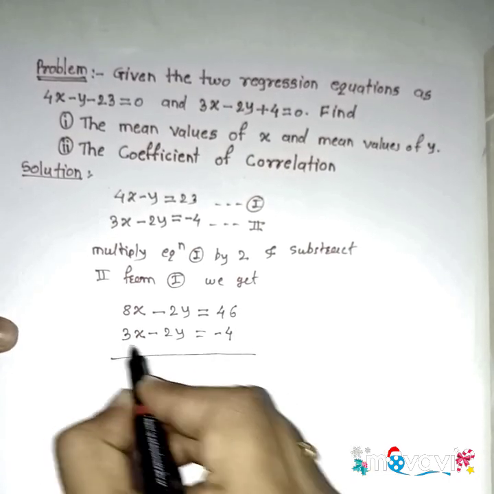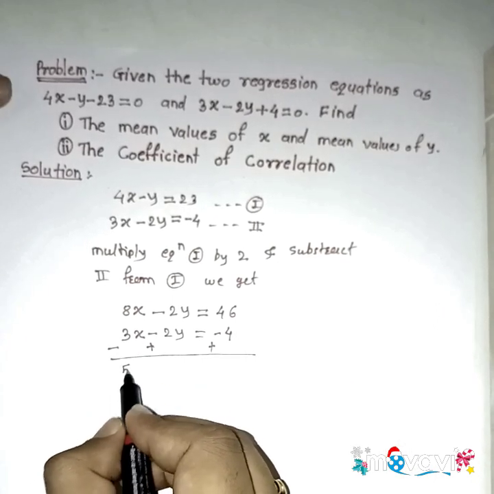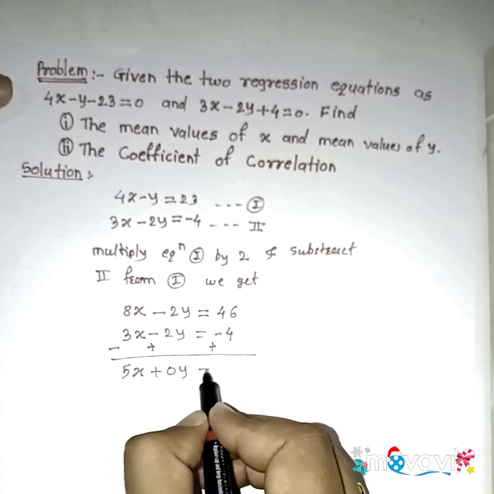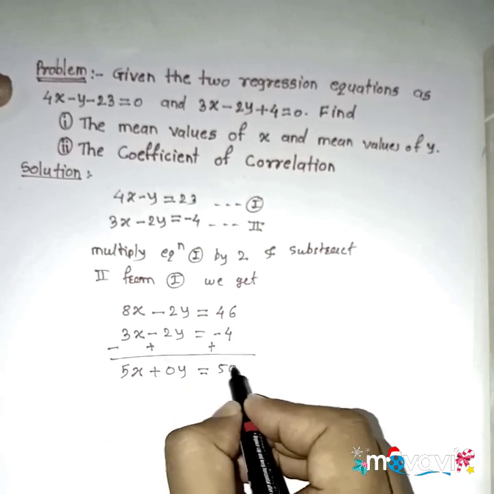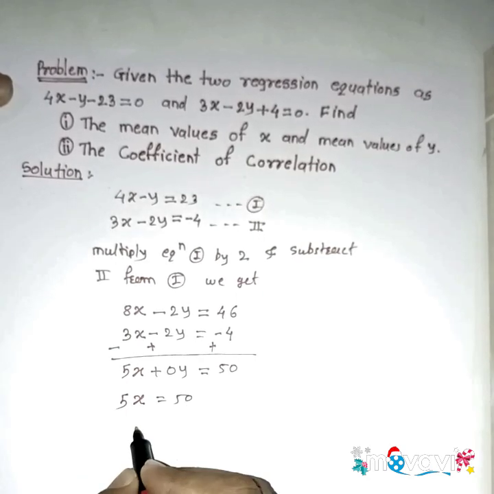If we subtract this equation from the above equation, we get 5x, that is 0y, is equal to 46 plus 4 is 50, means 5x is 50, so x is